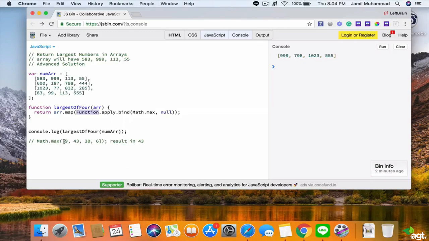So we would do Math.max.apply, and then null, which would invoke something like a max method. What we're looking for, almost. Here we're passing null as the context of the Function.prototype.apply method, as Math.max doesn't need any context, since